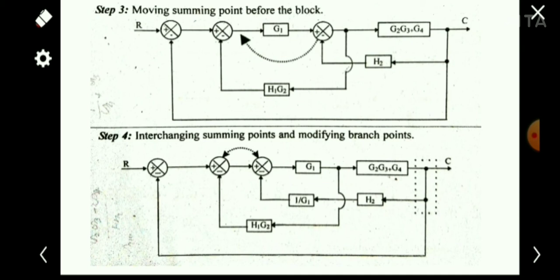We know that if two summing points come together, there is a chance for interchanging. By observing the figure, the loops are like this: this is a loop and this is a loop. So we can interchange these two summing points,